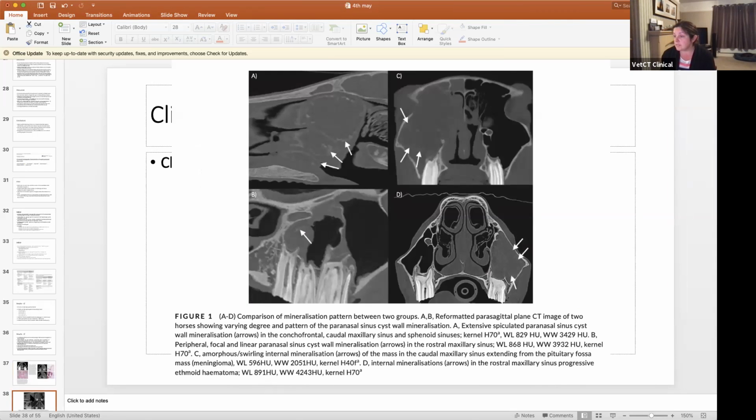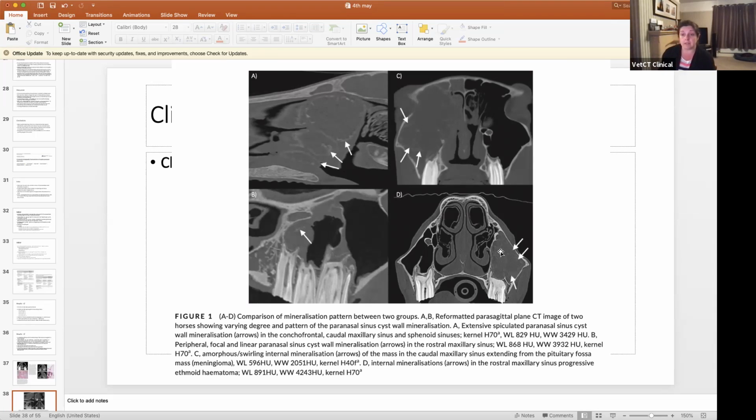And then this is a comparison between the 2 groups. So horse A had an extensive, and they've described it as a spiculated paranasal sinus cyst wall mineralization. So you've got this very circular, fairly regular mineralization of the wall, which I think we do see relatively frequently in the cysts. And then they compare it with the amorphous, or swirling, mineralization in the caudal maxillary sinus, where actually this horse had a very odd pituitary fossa meningioma